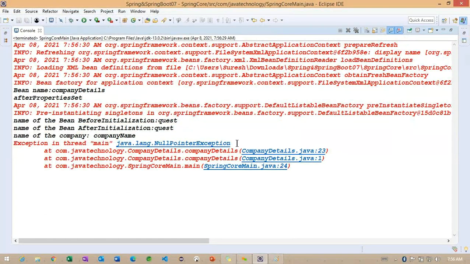Can you please explain to me why I'm getting this particular null pointer exception here? This is very important.